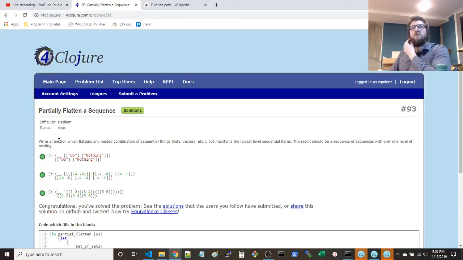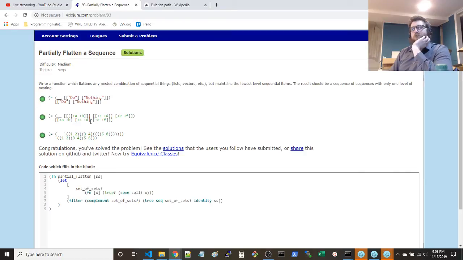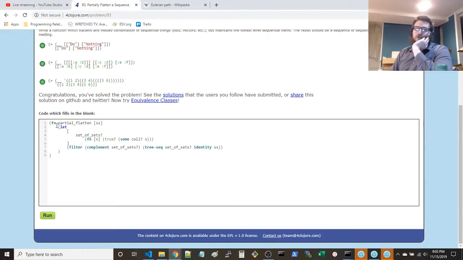All right, so the way I solved it, we'll start with that. I said partial flatten, write a set of sets predicate, which I'll explain in a moment, and then we're going to filter on the complement of that set of sets, and we're going to use a tree sequence, which is a depth first search over tree structure.